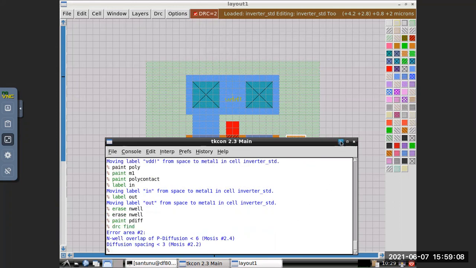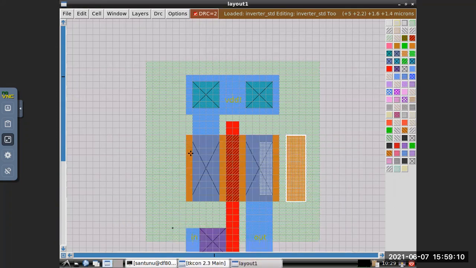So 3, okay, 0.6 should be. So 3 means is 2. Yeah, so the boundary should be in the middle. So here, you have to put the boundary here.